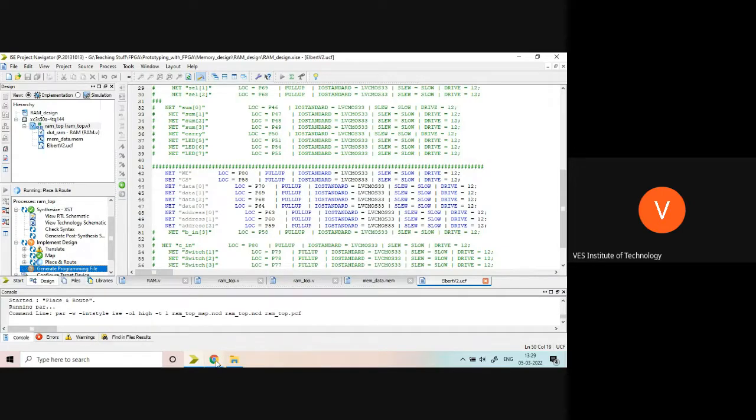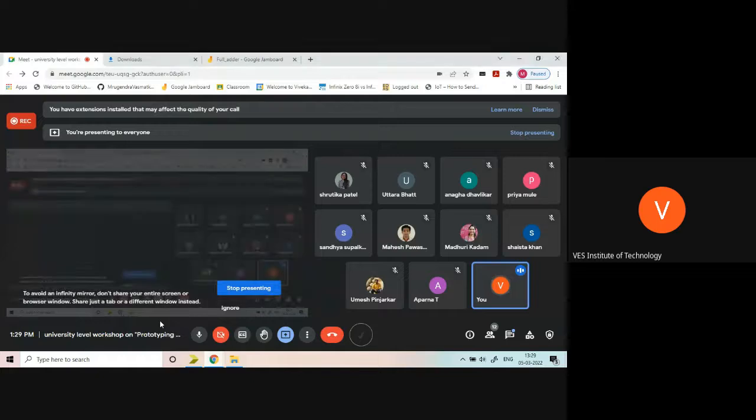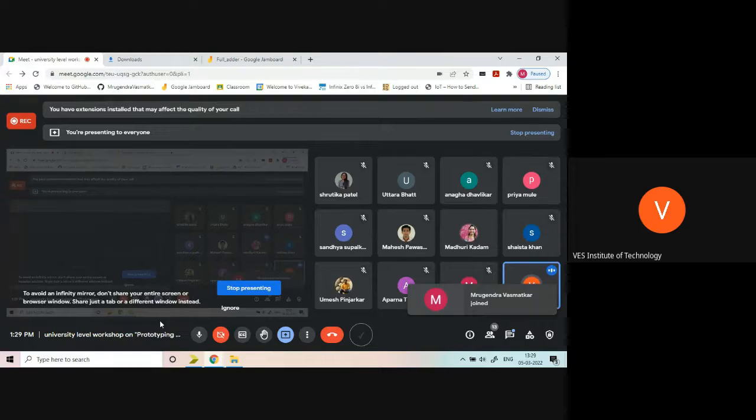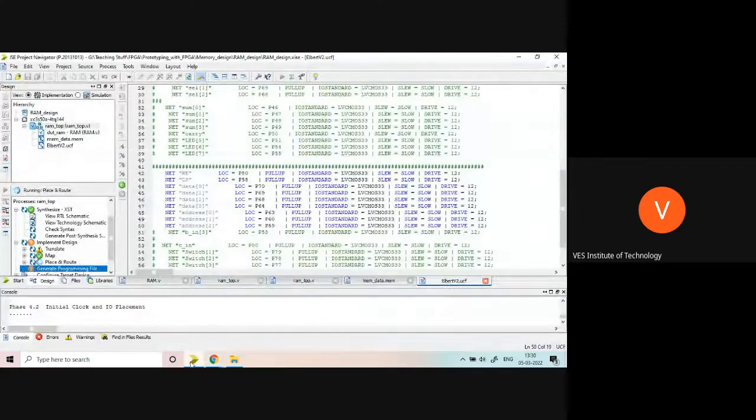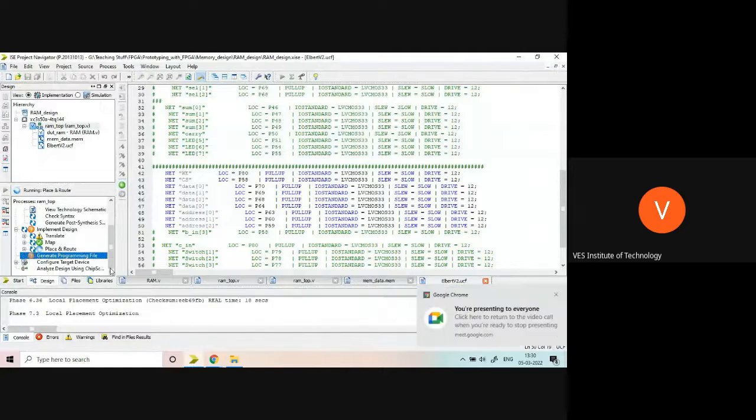In fact, there are some communities and GitHub repositories where all the files are shared. All UCF files, you are saying? Yes, if you search on the internet, you will be able to get that. Okay, sir. If it gets generated, fine.